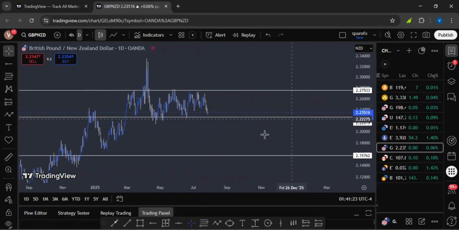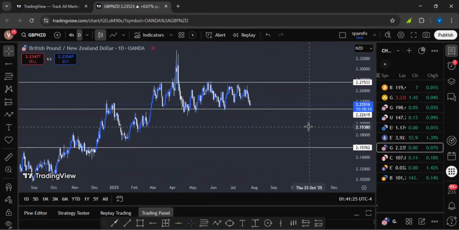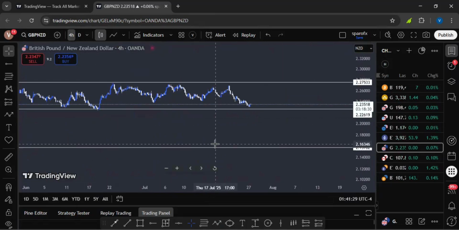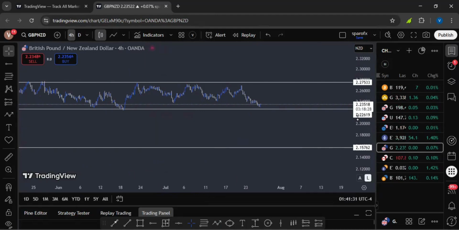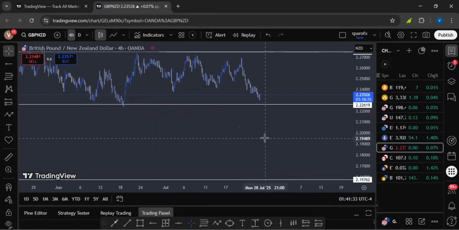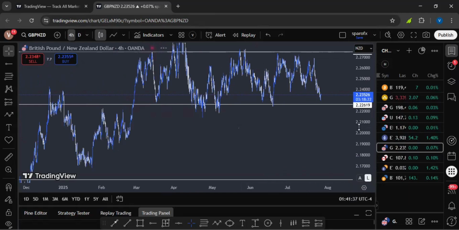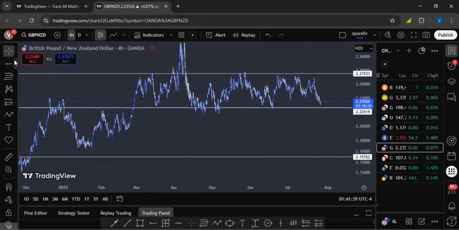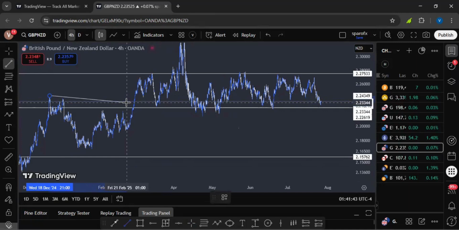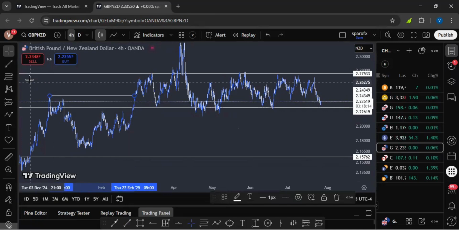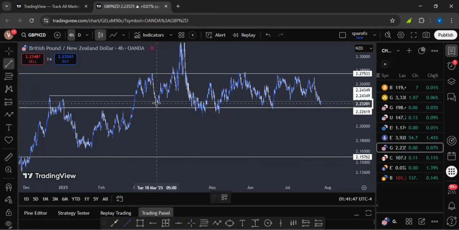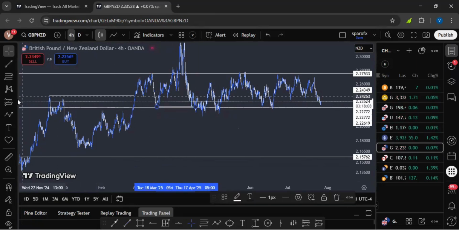So after marking out my key levels from the daily time frame, what do I need to do? I'm going to be switching to the 4 hour time frame. When I'm switching to the 4 hour, what I'm looking out for is what the market is currently doing at those zones I marked out. Now, if you can see in the past, there was a break of structure. After a break of structure, the market pulled back, dropped this low, and literally came back to take out the liquidity and mitigate